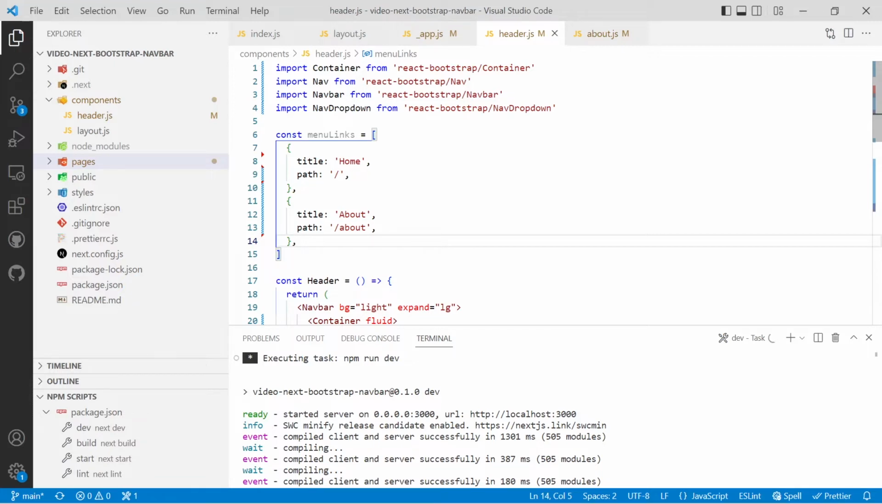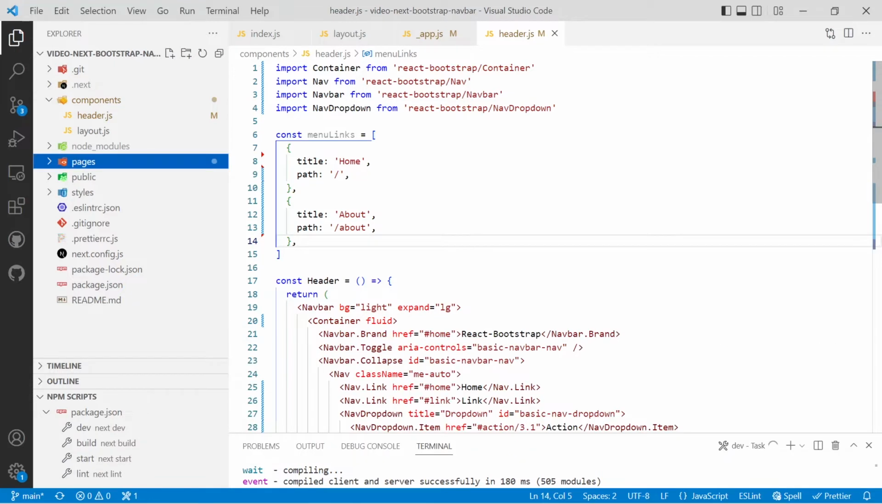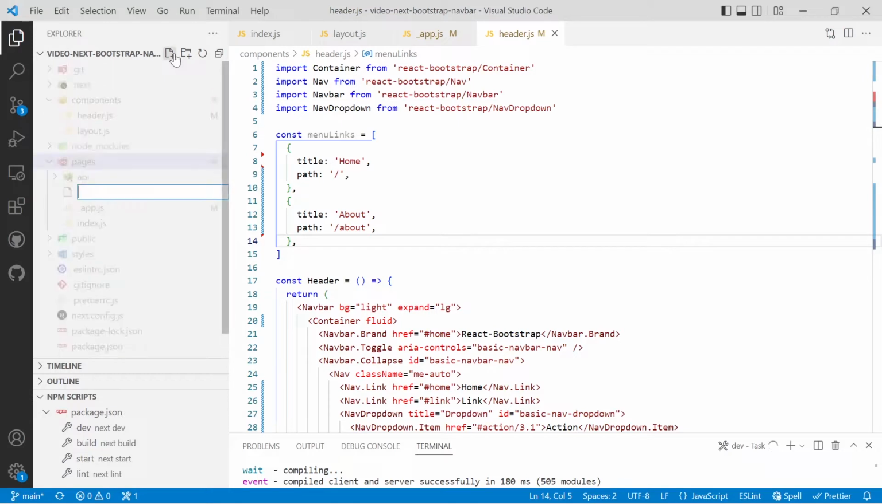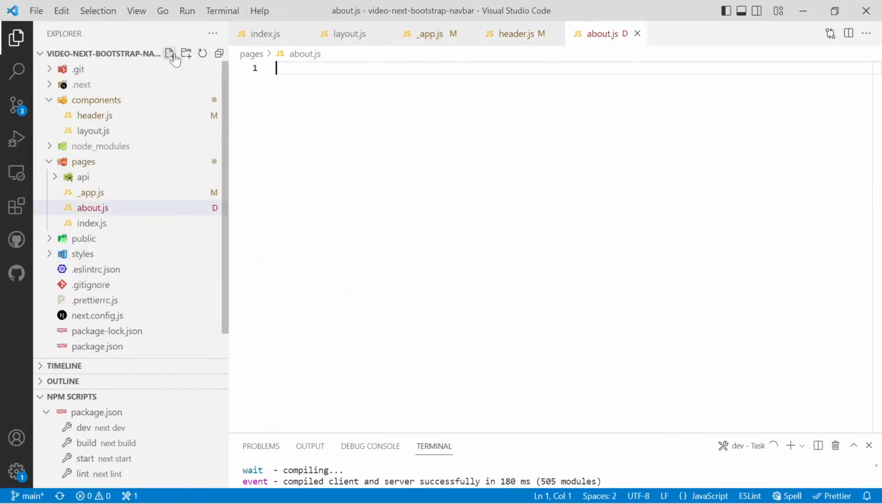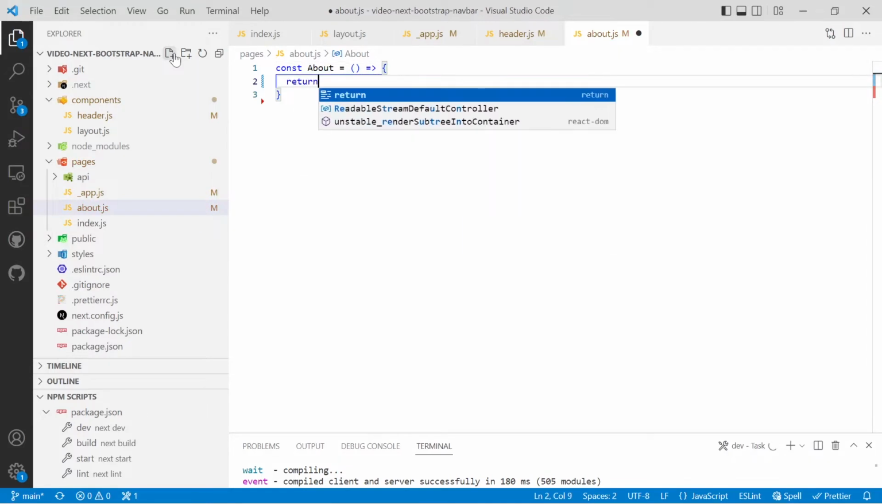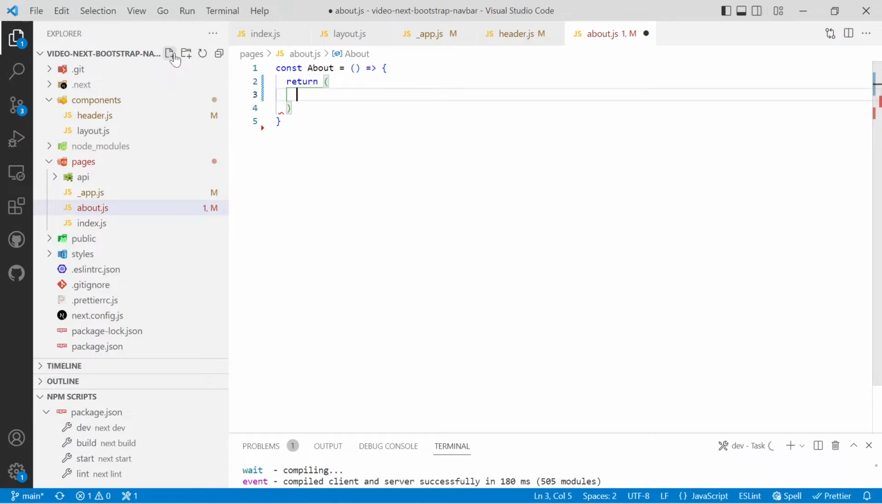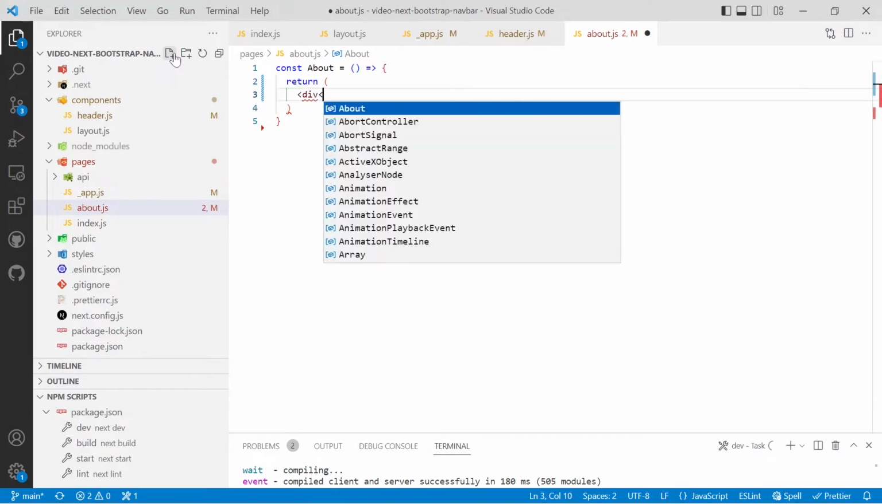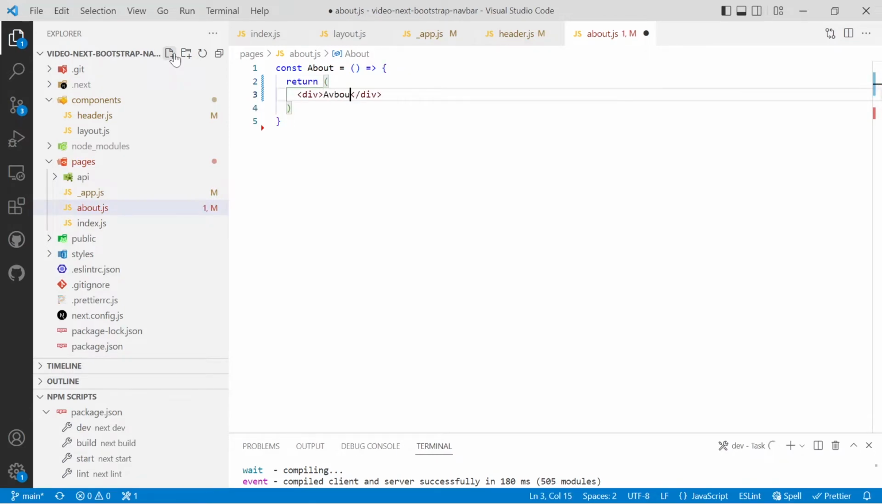So we'll save that. And then we'll make a page for the about page. So I'll go into pages and create a new file called about.js, and we'll make a function for it. So const About with a capital A equals open close bracket arrow function, and then we'll put in a return, a div, and we'll just write about for now. And so that it works, we'll create our default export